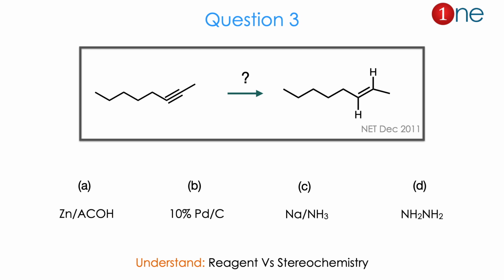Then question number 3. In the starting material you have a linear alkyne system, with the triple bond in the middle position. They are using a specific reagent. The reagent converts it into the trans position. So a trans alkene, or E alkene, is formed there. Here 4 choices are given for the reagent: zinc and acetic acid, palladium on carbon with hydrogen, sodium in ammonia, and others. So from the reactant to the product you might guess the reagent definitely dictates the stereochemistry there. The answer is C. Let us see how.